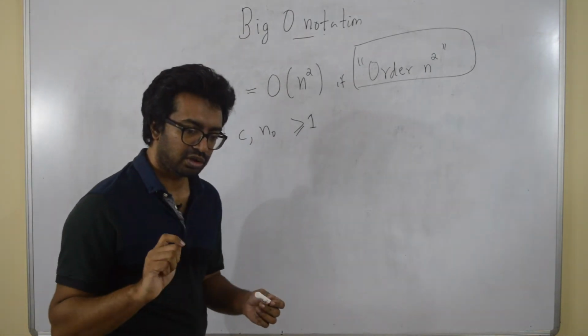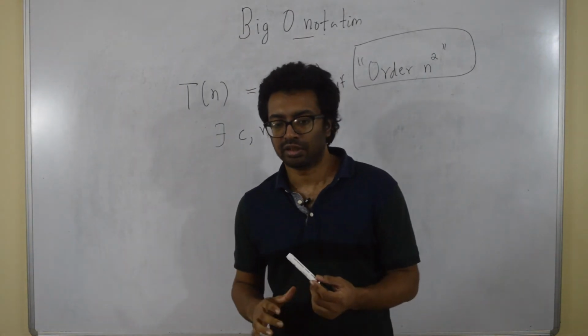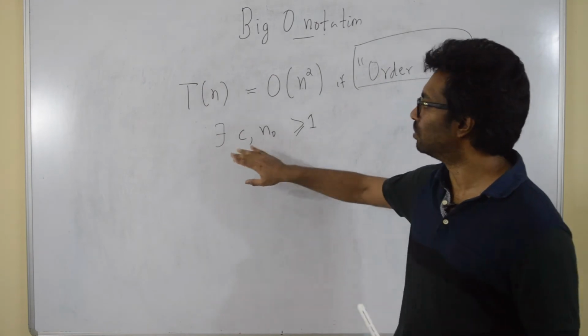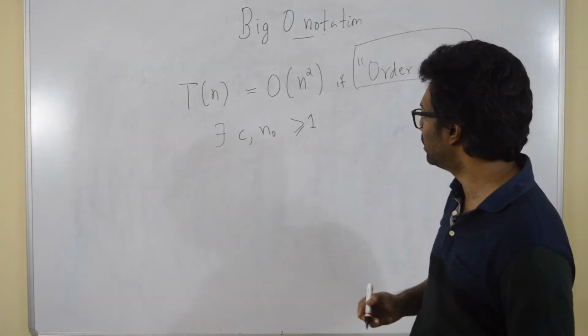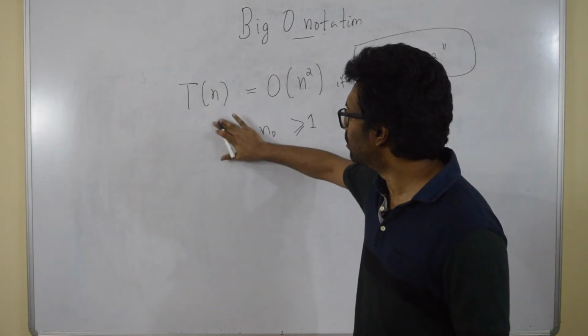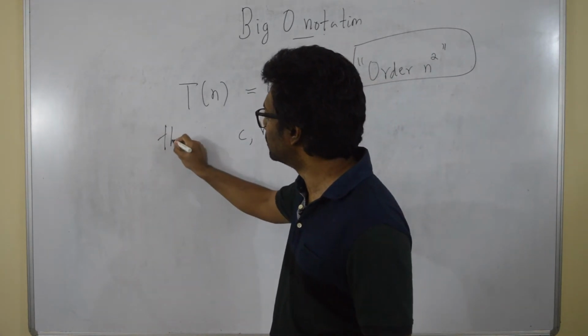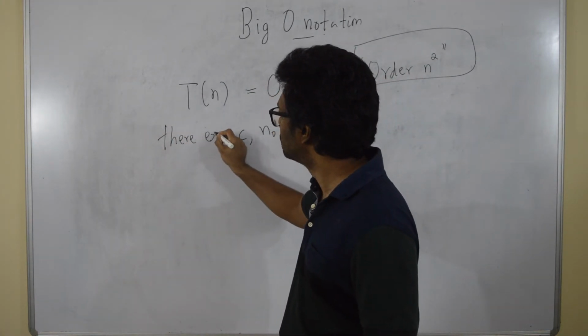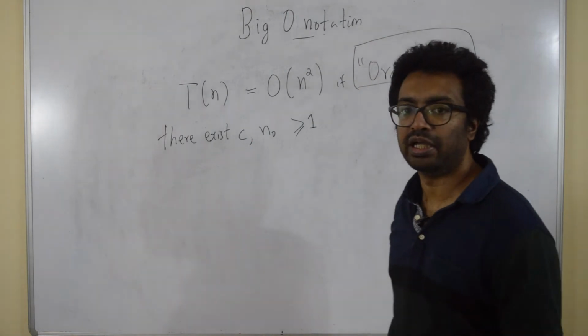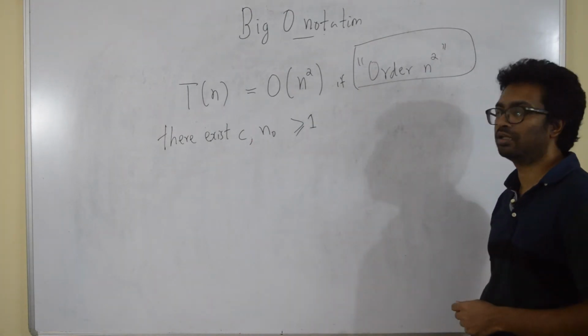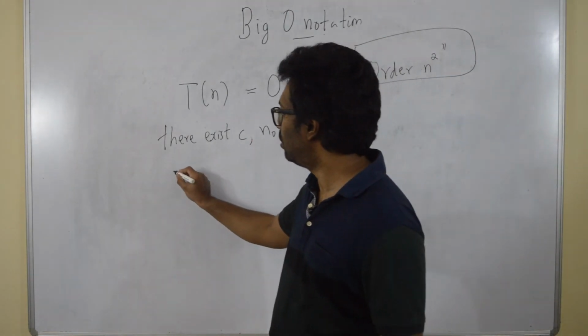You have to see this carefully. So there exists C, n0 greater than or equal to 1 such that for all